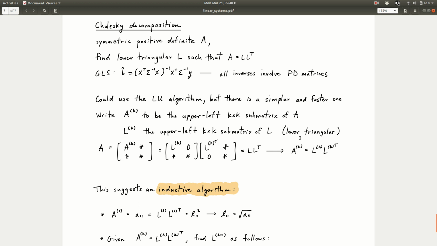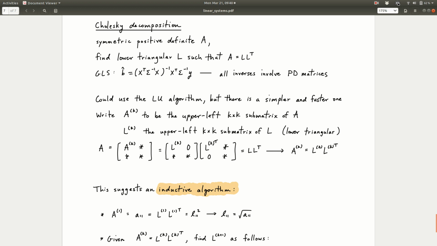Now this is the Cholesky decomposition of A^K because L^K is lower triangular and we're multiplying it by its transpose to get A^K. What this means is that if you can find the Cholesky decomposition for this upper K by K submatrix of A,